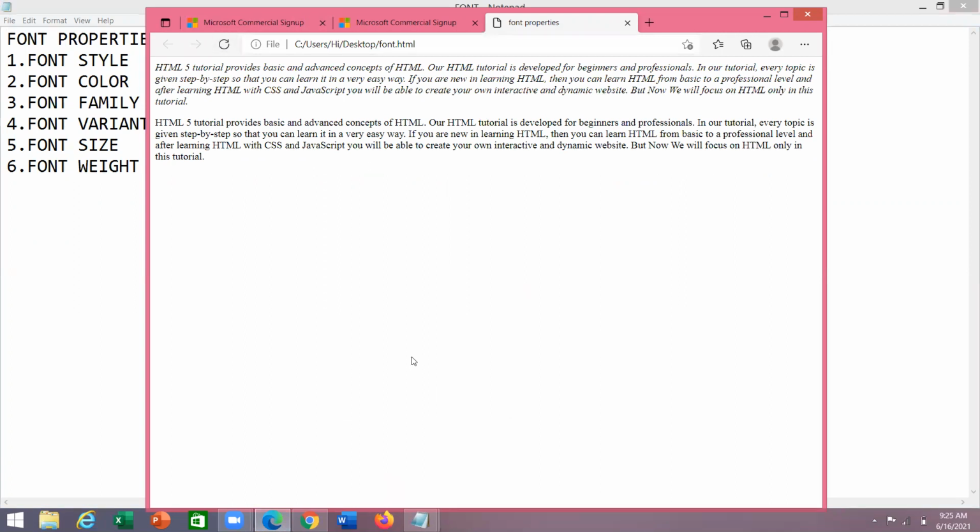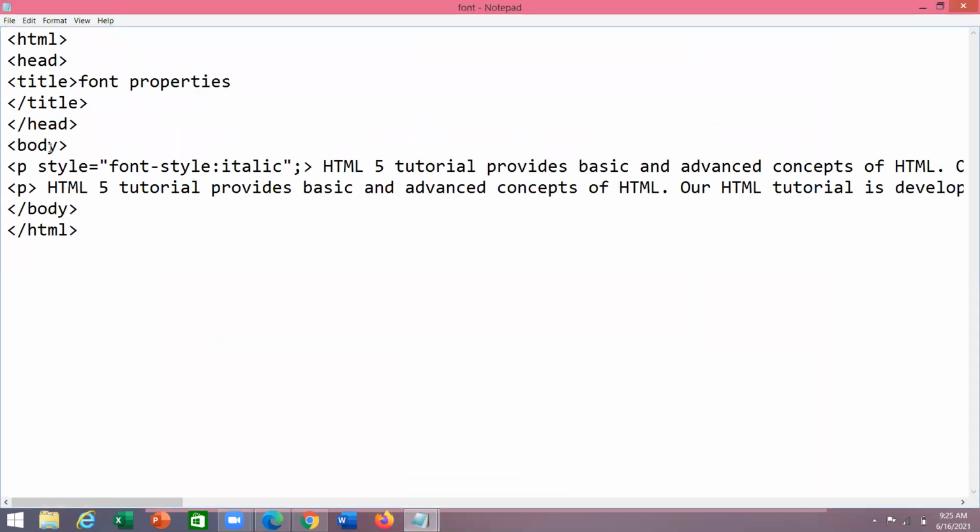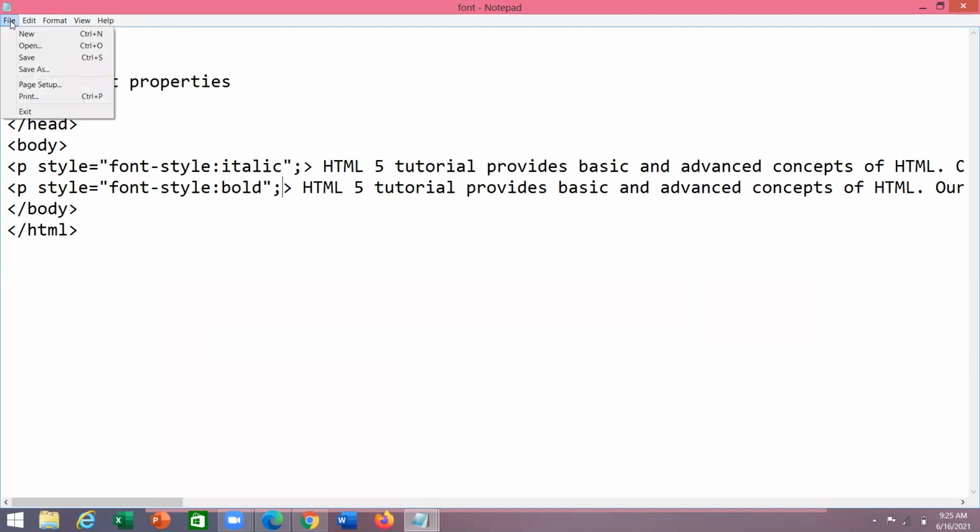Now I'm taking another paragraph, another inline statement. Style equals double quotes, font-style colon bold. For example, I'm taking bold. Double quotes, semicolon. I'm saving the document.